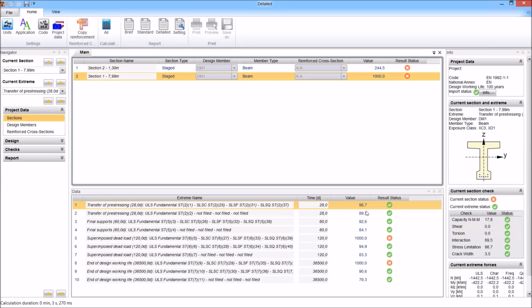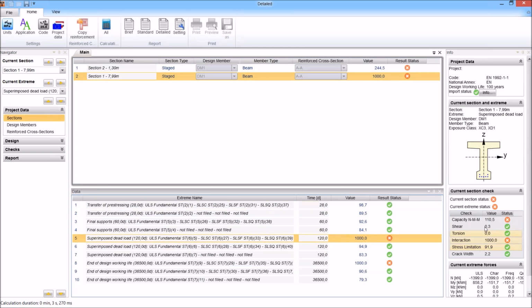In the second section we have unsatisfactory even the capacity, about 10% more, and as we also check the interaction of all internal forces, and the interaction calculation is based on the response of the section, the response was not found because of not sufficient capacity. Then we put there 1000%, and it shows that we did not find even the response. It means that we have to